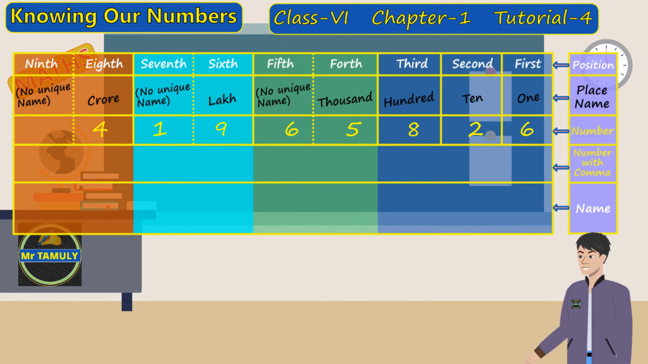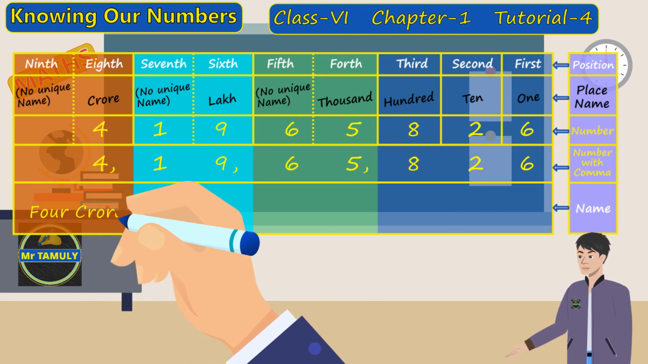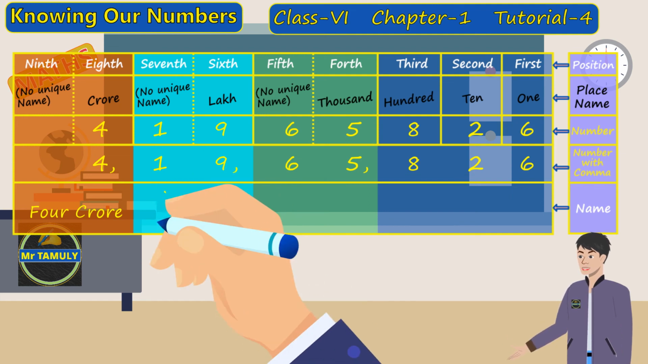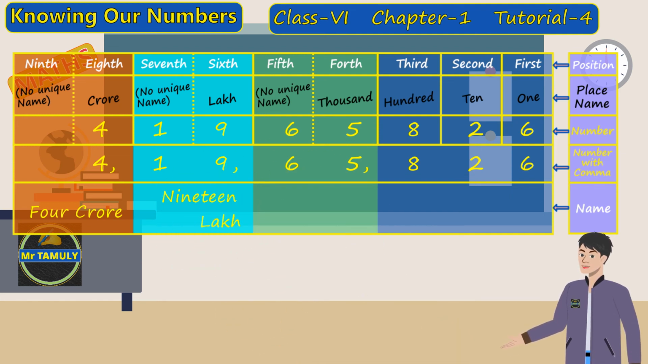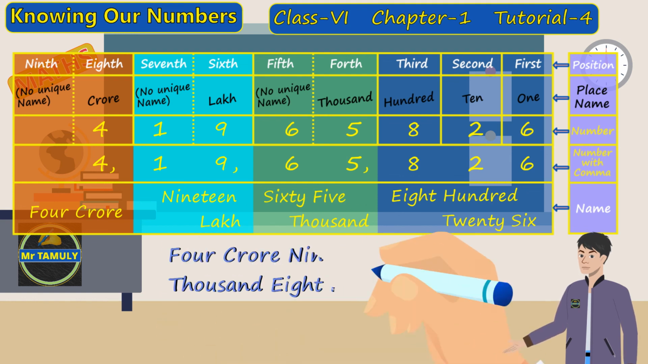4,19,65,826. We shall first separate the combined positions using commas. So we shall write 4,19,65,826. As you can now clearly see that in the 8th position we have the digit 4. So we write 4 crore. In the combined 7th and 6th positions, we have the number 19. So next we shall write 19 lakh. Again in the combined 5th and 4th positions we have 65. Therefore we write 65,000. We have learned that we merge the 4th and the 5th positions into a combined position having the name 1000. The last 3 digits constitute the number 826. So the name of our 8-digit number is 4 crore,